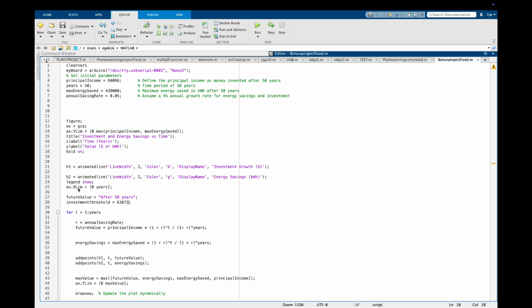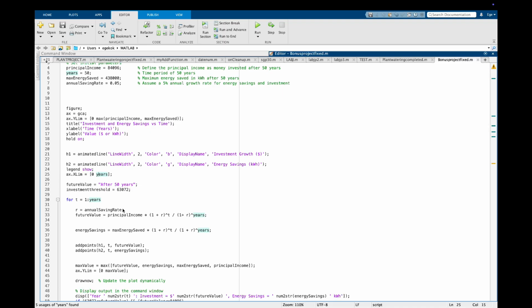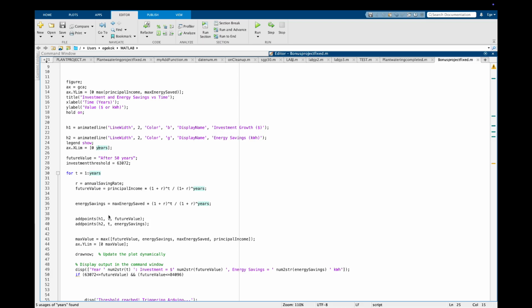And this axis limit is to ensure that the x-axis, or x limit, I should say, runs between 0 and 50, in which I defined years to be 50. After the 50 years, the future value will display. The investment threshold, I will explain in a bit, but jumping into the for loop,